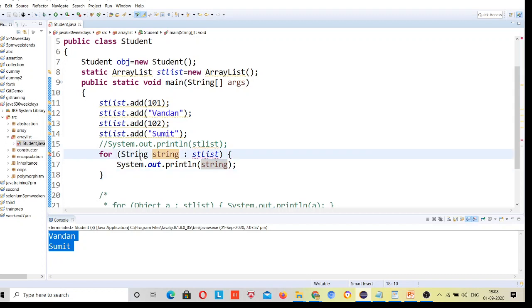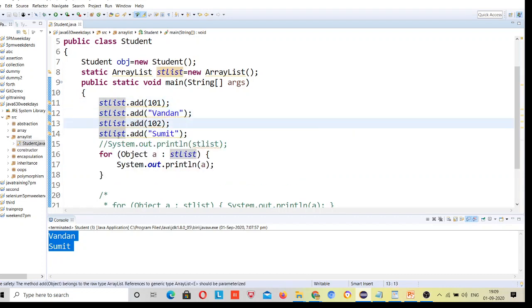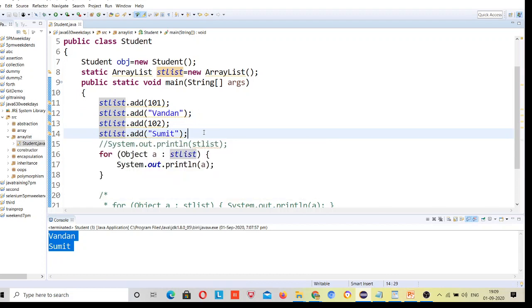So you have to define super class for it, which is the object, the super class for all the classes, right? So now what happened, whatever type it will be, you will provide either the integer, either the string, either the integer again, and either the string again. It will not be confused. It says okay, whatever type I am getting, I will convert to the object type, and it was converted to the object type, and it was printing data one by one.